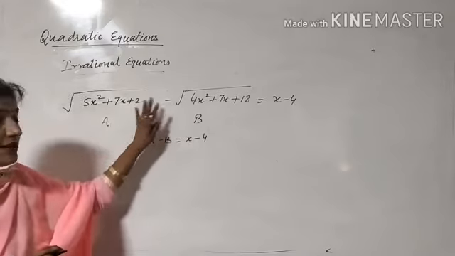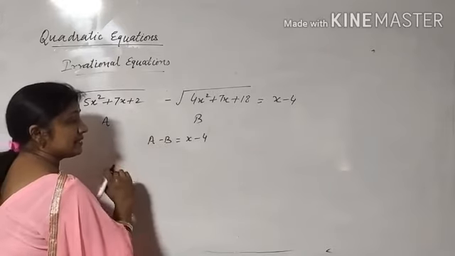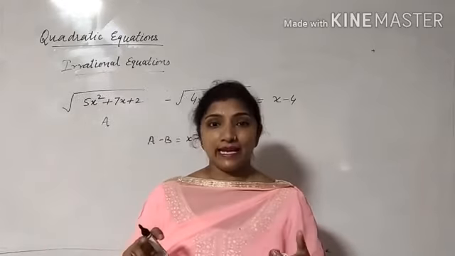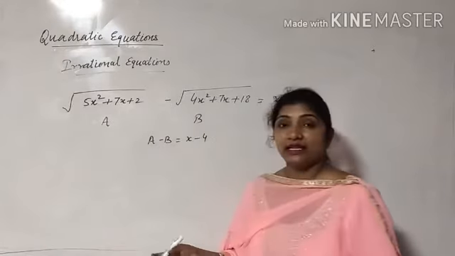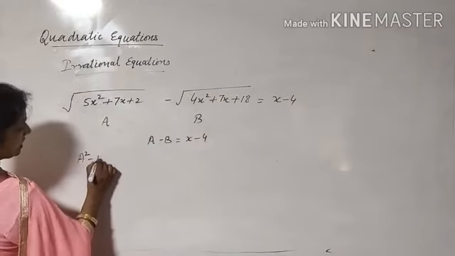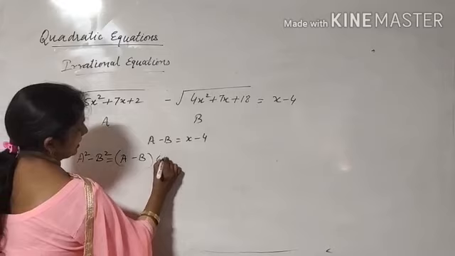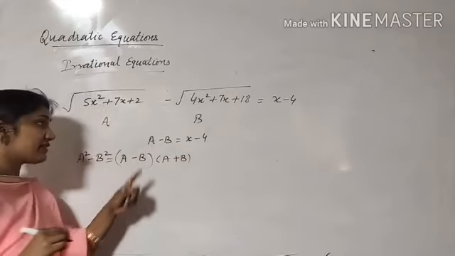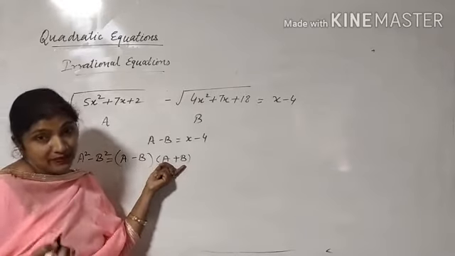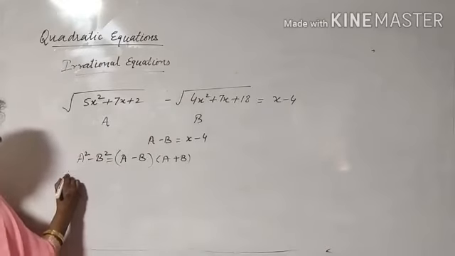Now if you have this type of question in your exam, we know if I get the value of a plus b and then add, then b will get cancelled out. So we try to find the value of a plus b. If you have the value of a plus b, then you try to find the value of a minus b. Now we know that a square minus b square is a minus b into a plus b. If you have the value of a minus b, put it in and get a plus b. And if you have the value of a plus b, then put it in and get a minus b. Now a square minus b square is what?